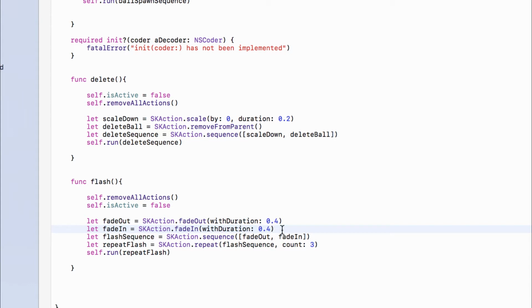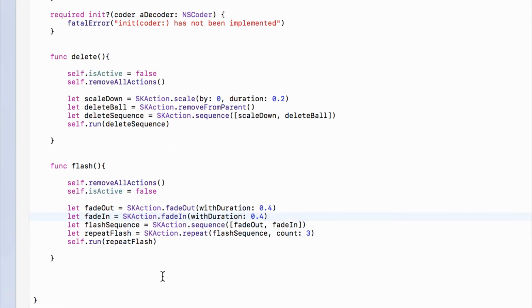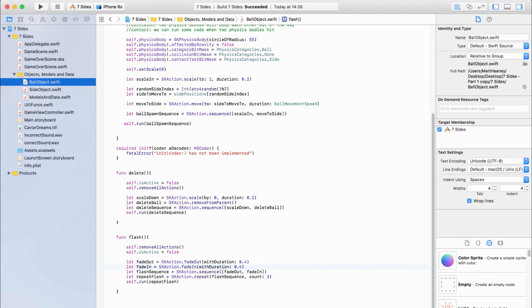So the complete flash sequence where the ball will flash 3 times will take 2.4 seconds. So we want to wait at least 2.4 seconds after the ball was hit the wrong side before moving into the game over scene. Otherwise, the scene will change as soon as the ball hits the wrong side, and us doing everything that we've done so far in this video wouldn't be seen,